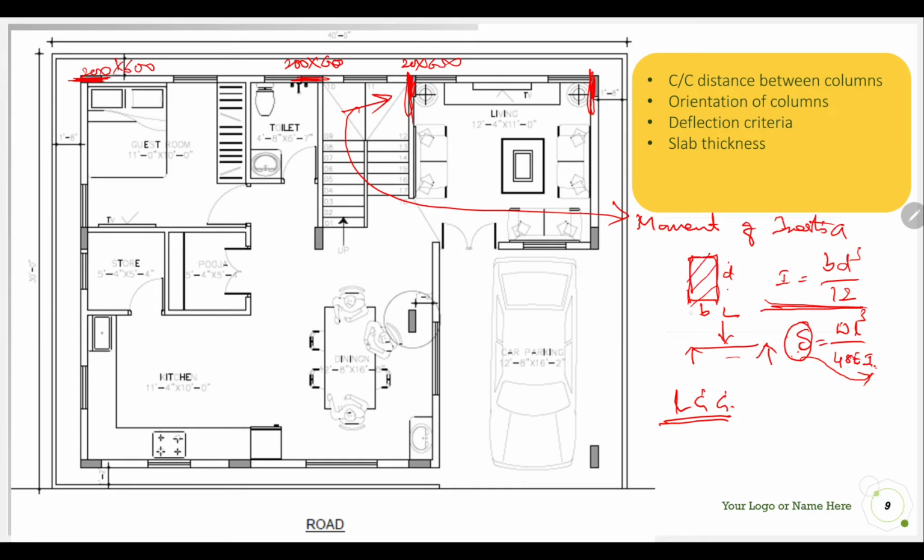So if I want to increase it, just look at this, if I am providing BD cube by 12, see D is more. Suppose this is 2 mm, for simplicity's sake I am taking, and this is 4 mm. If I multiply that, 2 into 4 cube by 12, I will get some value. And if I take the reverse, suppose I am providing 4 mm here and 2 mm here, 4 into 2 cube by 12. So just calculate the difference of this. Substantial differences will be there.